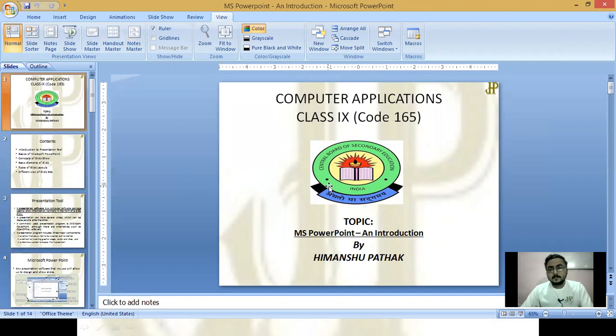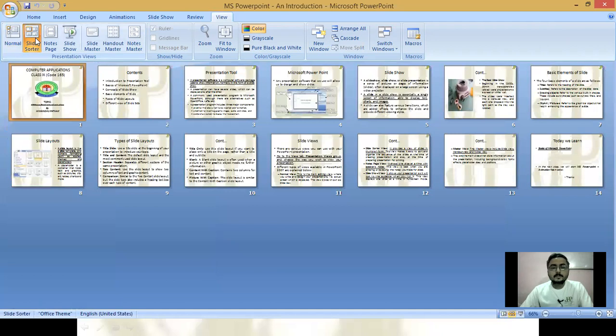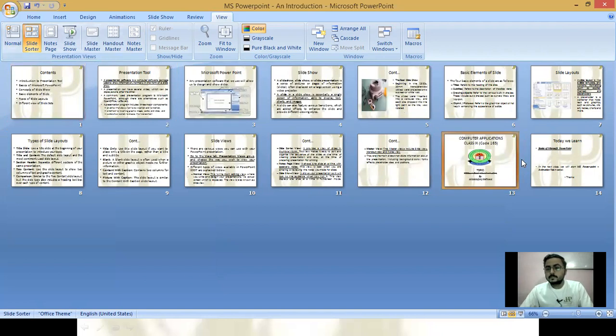slide pane is visible. If you click on slide sorter, you can see all the slides one after another in a smaller form. Here you can arrange your slides very easily. If you move this one towards the second last one, you can do this.